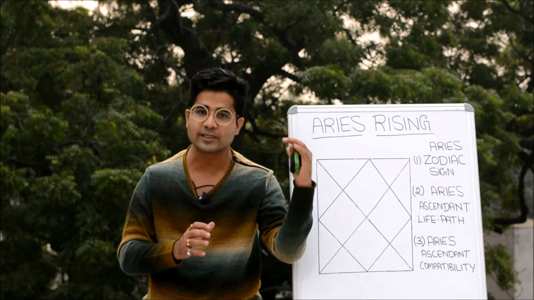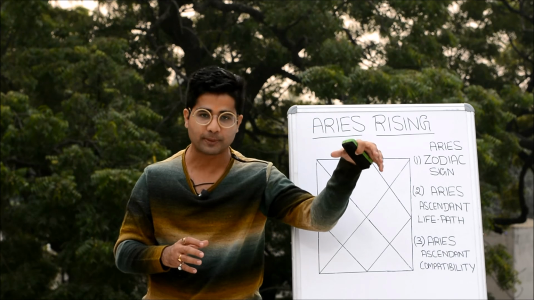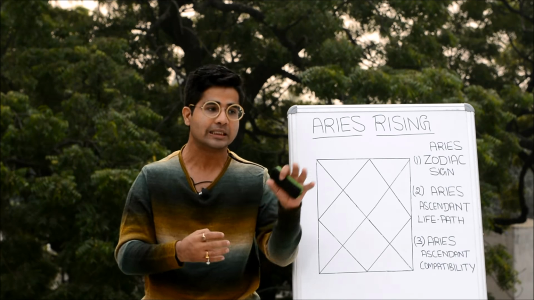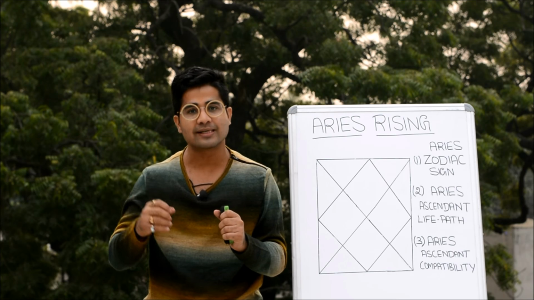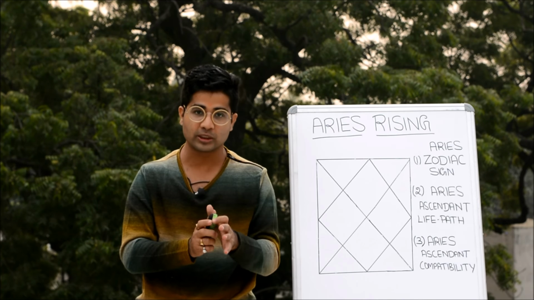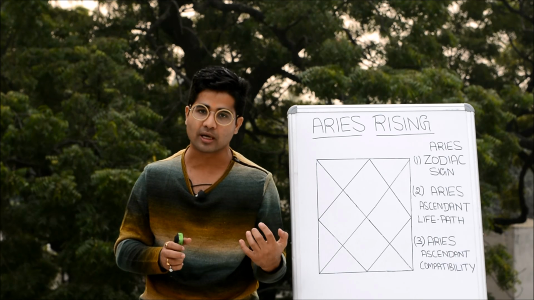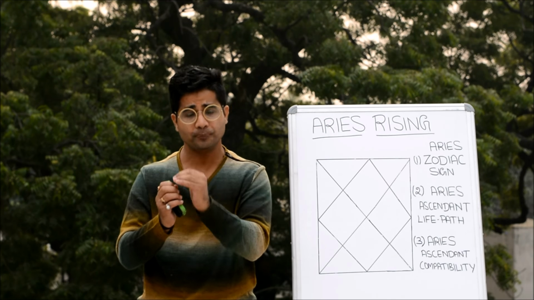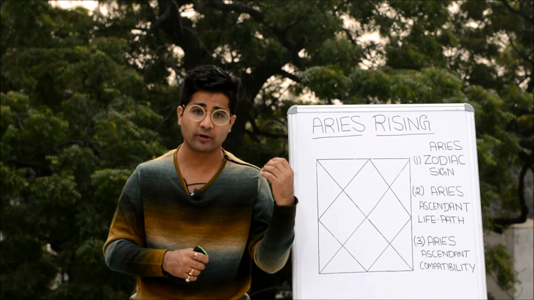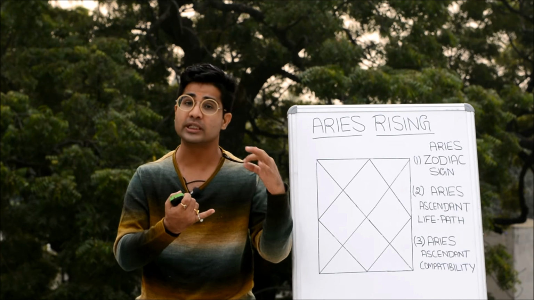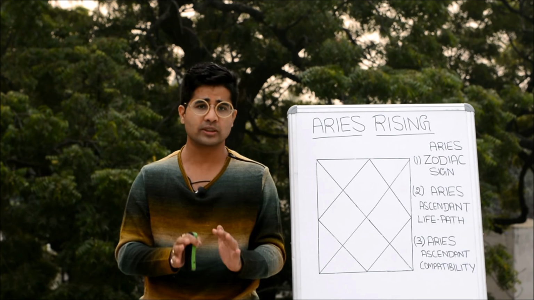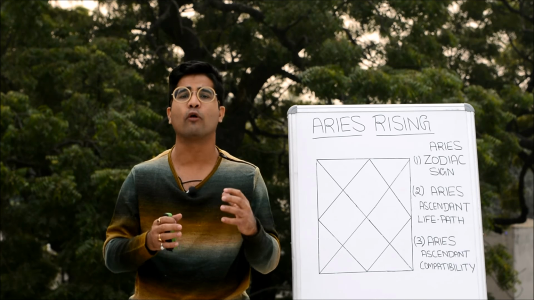It acts as a reference point for tracing the movement of each planet. That is the only reason why we always say Jupiter is transiting the Aries sign, or Mars is transiting the Taurus sign. This is how we get to know. And as you know, the group of stars I was talking about, the nakshatras, are 27 in number, so each zodiac sign has the energy of 3 nakshatras. For example, Aries has the energy of 3 nakshatras, which are Ashwini, Bharani and Kritika. So this is about the basic components and basic meaning of the zodiac signs.